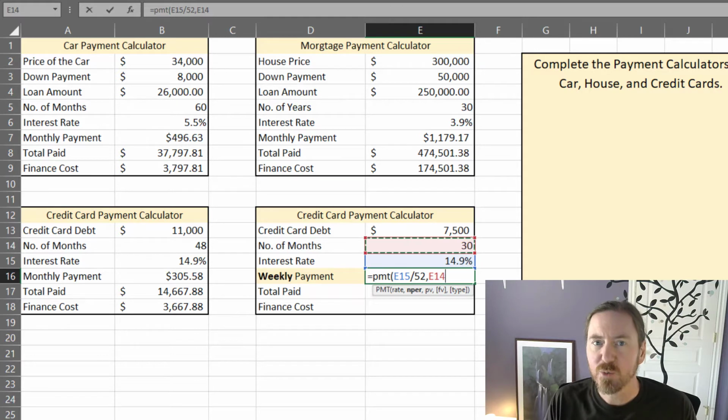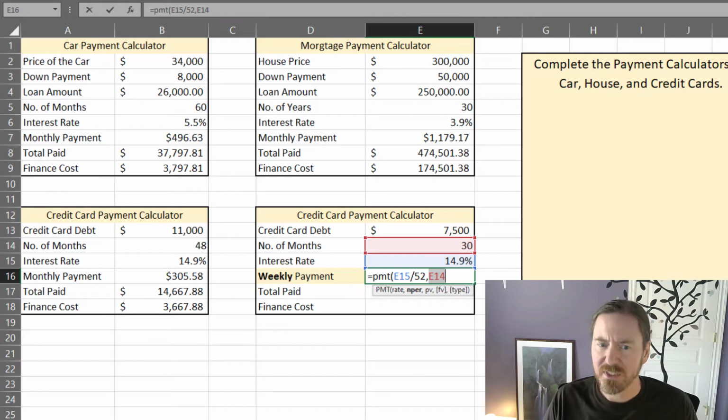It would be inappropriate for us to do times 4 because for most months there's a little bit more than 4 weeks per month. So what's going to be the best number that we can put in, at least to get us reasonably accurate here? Well, let's see. What if we did something like,